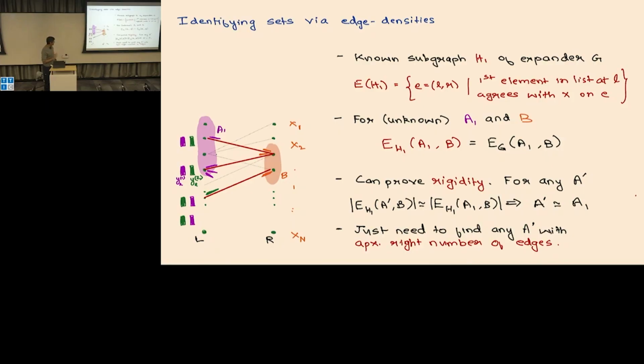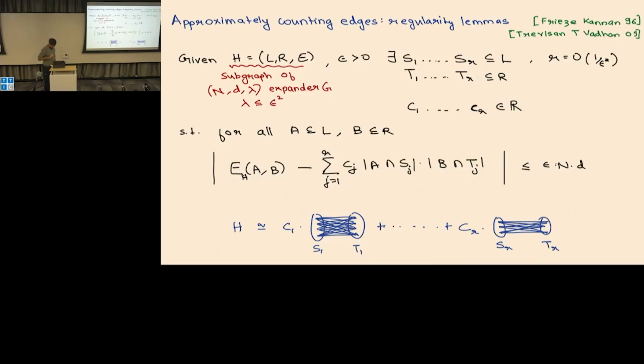So we just need to estimate the number of edges now. And this is where so-called regularity lemmas come in. In particular, I'll use a statement which says that for any graph, which we are going to think of as a subgraph of an expander,